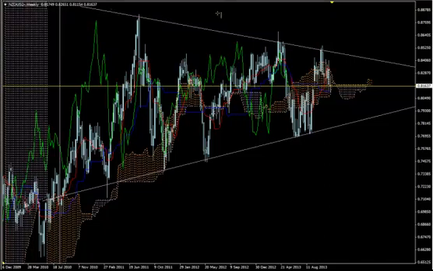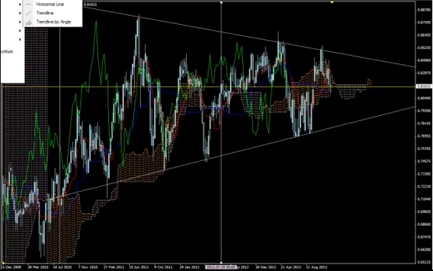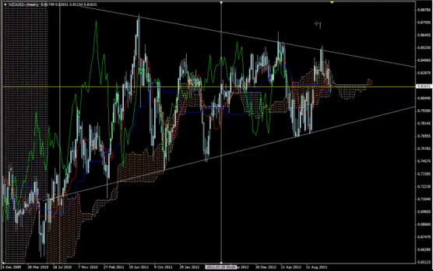The middle of the triangle is somewhere here, if you agree. So the third quarter, I will insert another vertical line, starts here. So the price is already moving inside the critical